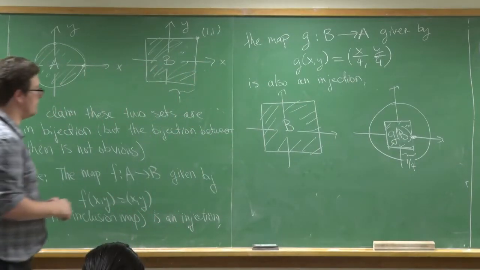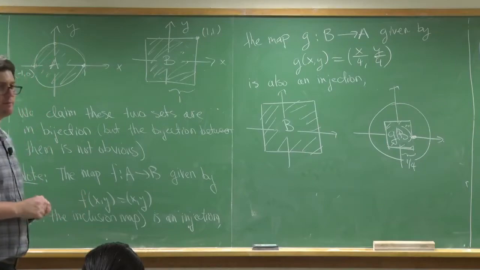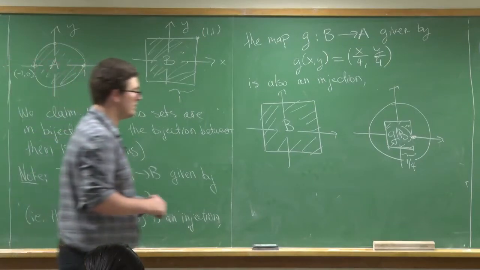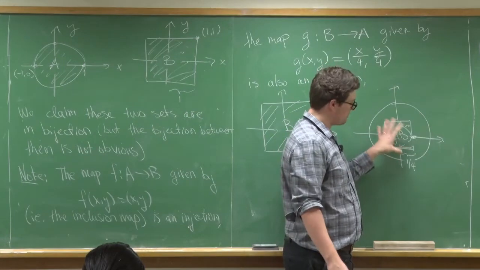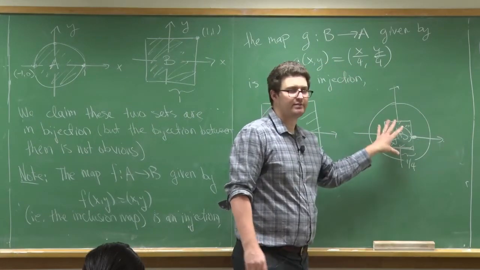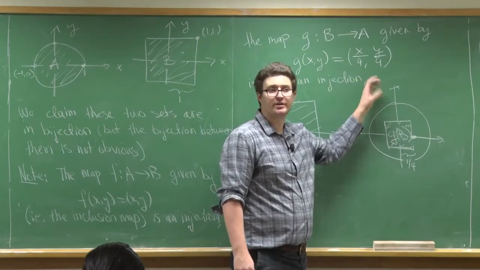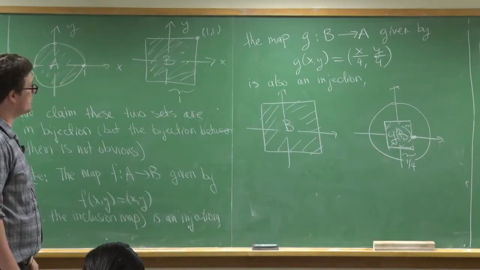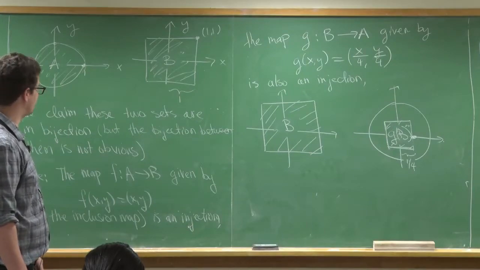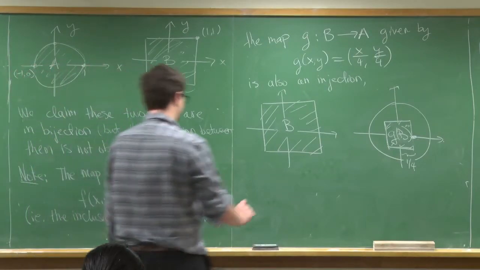I guess I could have gone a little bit bigger, like 1 over square root of 2, right? Then it would match up right there. But I just made it arbitrarily smaller. It's not so important what this function is. I made it small. So this map is also an injection. So by the theorem,